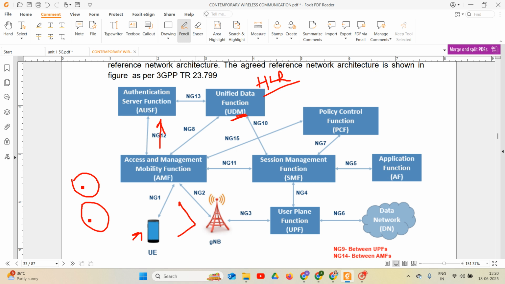It manages the mobility of the user, and it also contacts the AUSF through the N13 interface in order to authenticate the user and devices. It also contacts the session management function